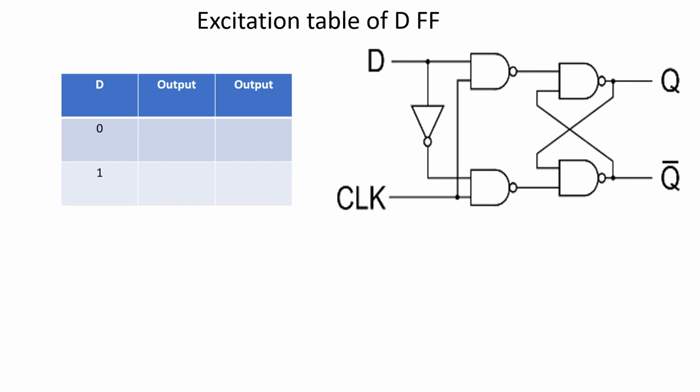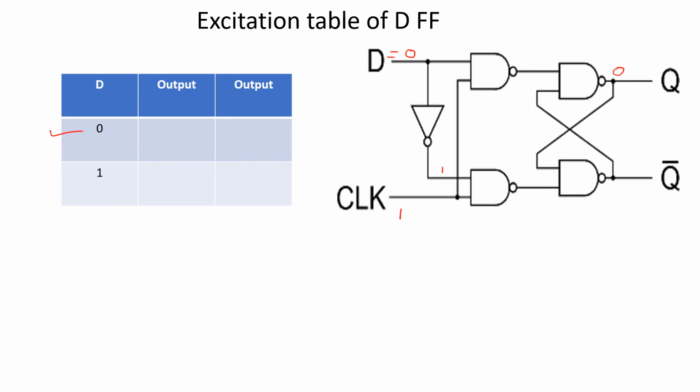So first we will assume output as 0 and then we will assume output as 1 and we will see the working of it. So let us start the working of the D flip-flop. Let us assume at the output in the beginning when circuit is made on, it is 0. And we are applying D is equal to 0. So this D is equal to 0 is applied here. This 0 becomes 1 because of inverter. Clock has to be 1 to make the circuit on.